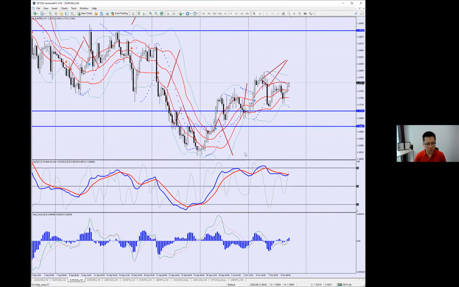We looked at the euro. Euro dropped a lot lower than we expected, but it does look like it's going to be tracing back up, bouncing off the 1.1716 level. A bit of a bigger magnitude than what I expected, but in that overall direction.